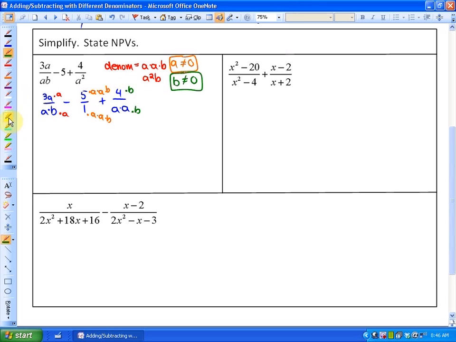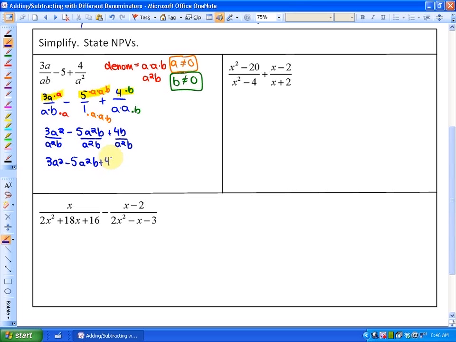So in this particular case, if we look at all of our numerators, our first numerator is 3a squared, second numerator is minus 5a squared b, and third numerator is plus 4b, and each of those expressions is over a common denominator now of a squared b. This particular step, if you'd like to skip it, you could, because what we know is once we have a common denominator, we can add or subtract the numerators